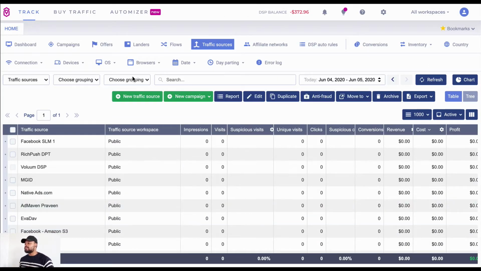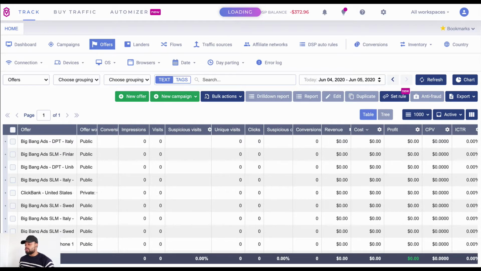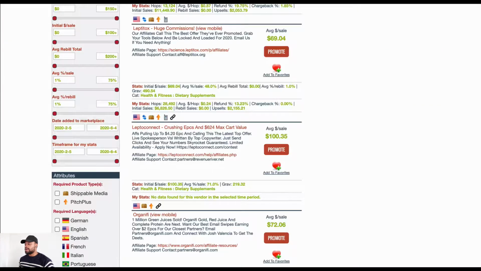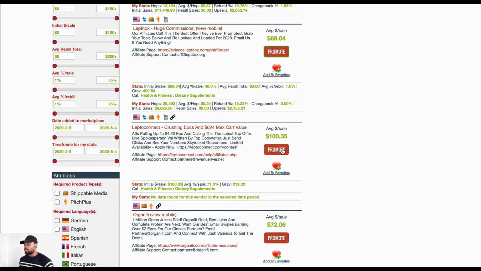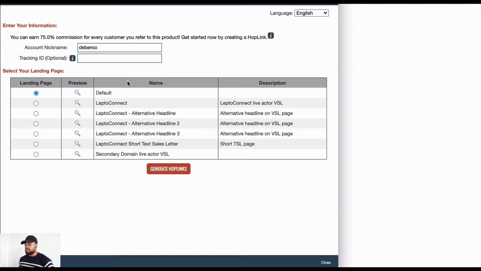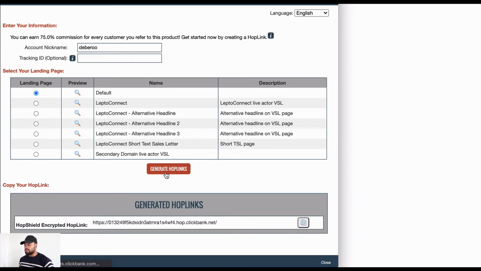So the next thing that I want to do is essentially go over to offers and get the offer set up correctly. So I want to go to new offer, and in ClickBank I'm just going to grab the, no, this is the wrong offer, that's Leptotalks, no, Lepto Connect. Alrighty, so there's quite a few options for me, not bad. So we're just going to stick with the default for this video, copy, X that,